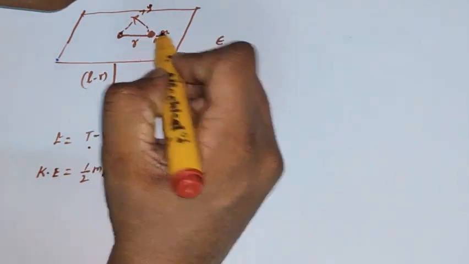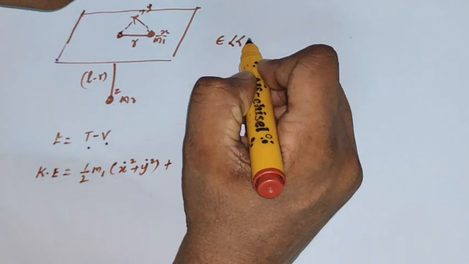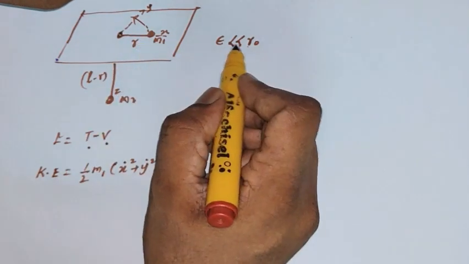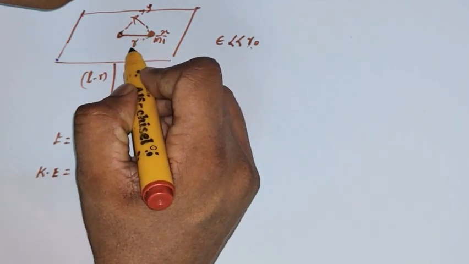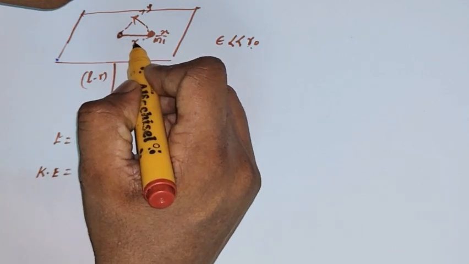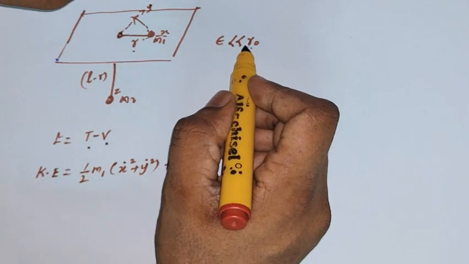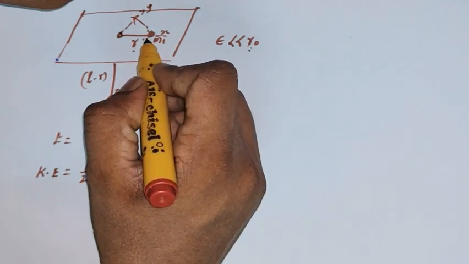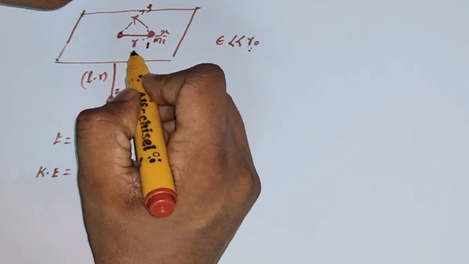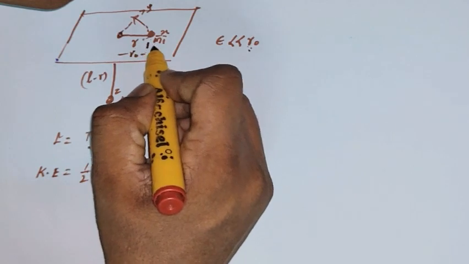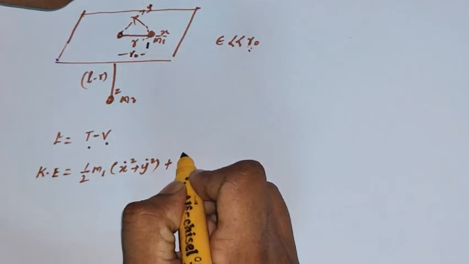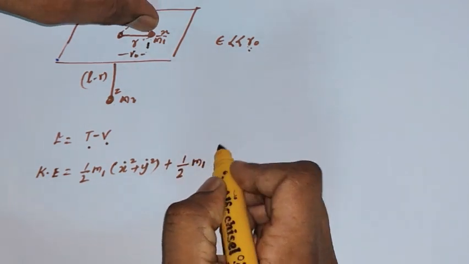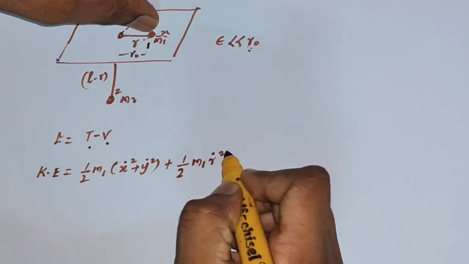This epsilon along the radial direction is much less than the radial coordinate from the center. It is oscillating about r naught. That's why I am putting the radial coordinate in general as r, not constant. So it is making simple harmonic motion about r naught. Suppose this coordinate is r naught from the center, and it moves along the radial direction. Due to the radial motion, the kinetic energy of the particle of mass m1 is half m1 r dot square.